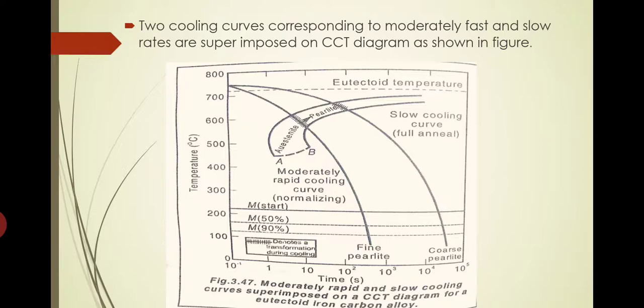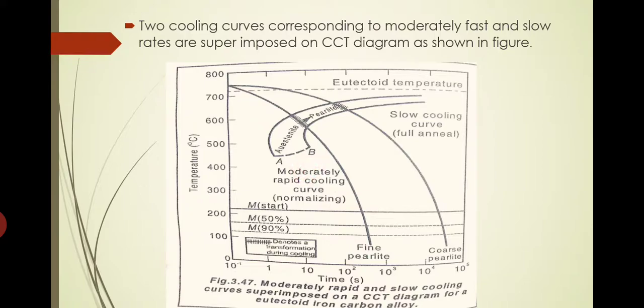The reason is that by continuous cooling it is difficult to finally obtain the bainite structure. Usually the structures we will obtain during continuous cooling are coarse pearlite, fine pearlite, then we will be directly obtaining martensite. These are the three structures that we are expecting. If you want to get bainite, then we have to go for isothermal cooling. That is the only option. In continuous cooling we are not talking about isothermal cooling, so obtaining bainite will not be there. That is the reason why the CCT diagram is terminated at the nose point.